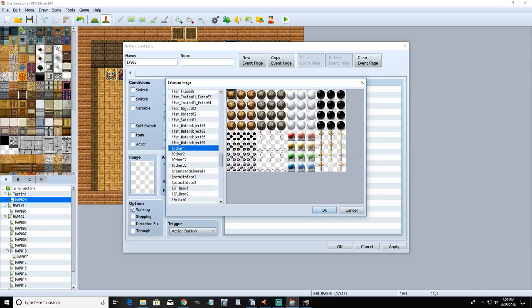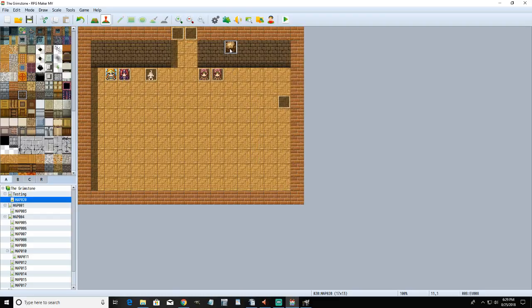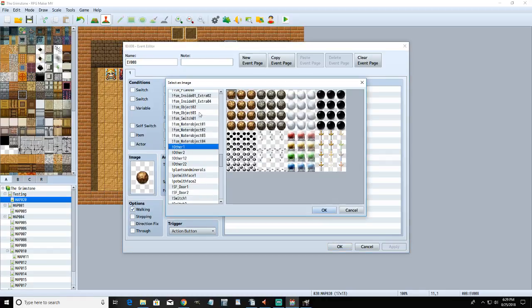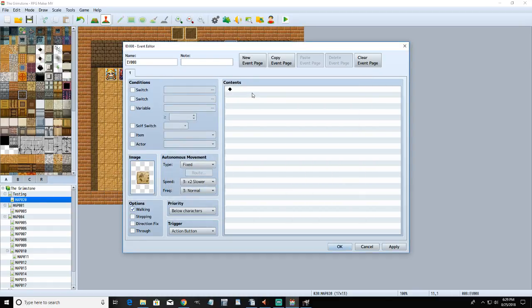Okay, so again, you'd have the first painting in the first 6, and then the second one in these 6. Okay, so basically you'd put the first one there, and this is going to look really strange. I don't know. Let me look in the tile sets. Is there any kind of a large painting? There is. There's these 2. So I can do it with 2 frames, and then the process is exactly the same